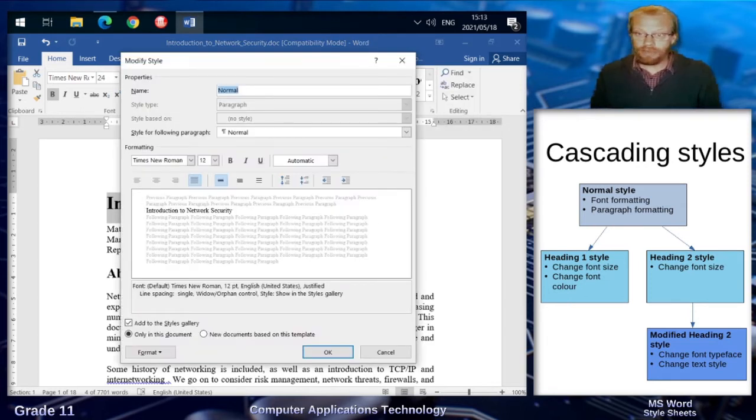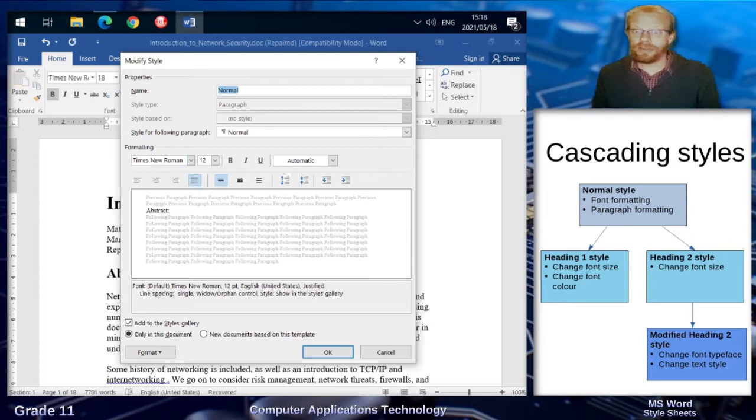Modify, and here we have the normal style definition. It's got its name, the type of style it is, and underneath that is the style for the following paragraph. One of the nice side effects of using styles is if I choose a heading style and I begin typing, as soon as I press enter, the next style specified in the style for following paragraph is selected automatically. So I don't have to change the style manually when I go from a heading to a regular paragraph. You type your heading, you press enter, and you carry on typing, and you will be working in regular paragraph